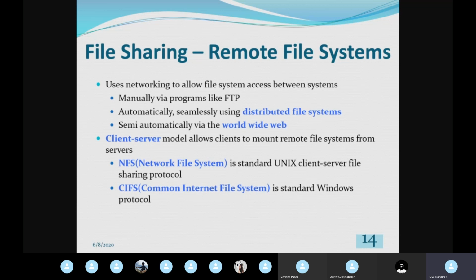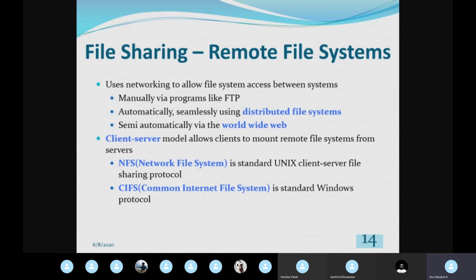Through Moodle only, I am sharing a file. That is, your assignment from your side is sent to me through that browser. Like that, we have several browsers. It is semi-automatic, meaning you should have a login. Using that login only, you go into the browser and send it, and it automatically comes to me. So using the World Wide Web also, we can transfer or share the file.